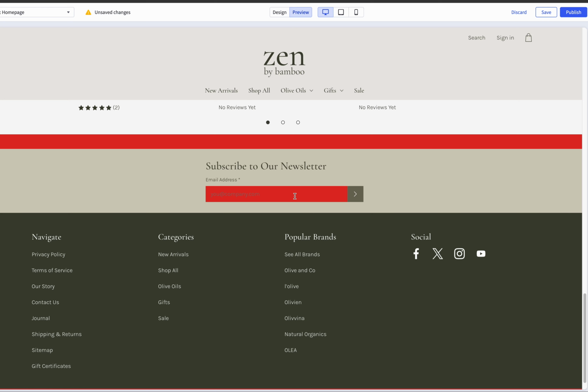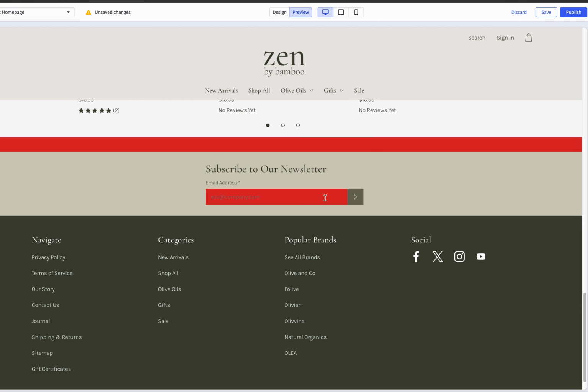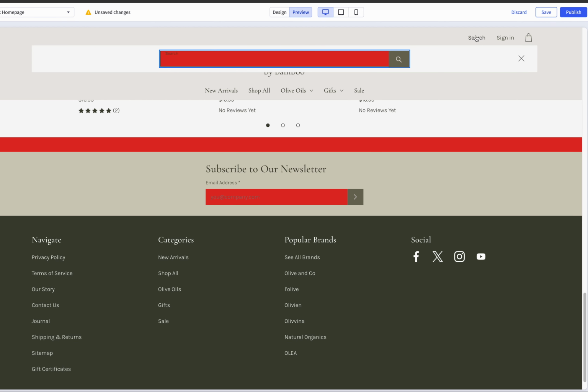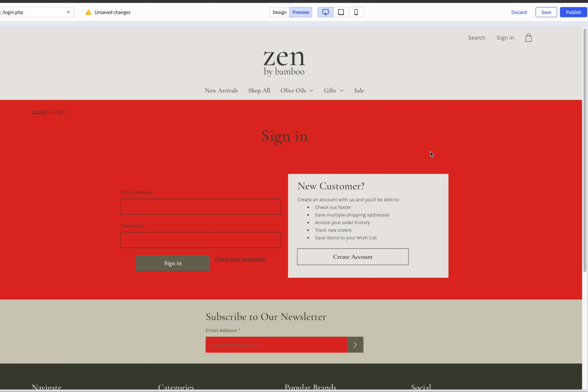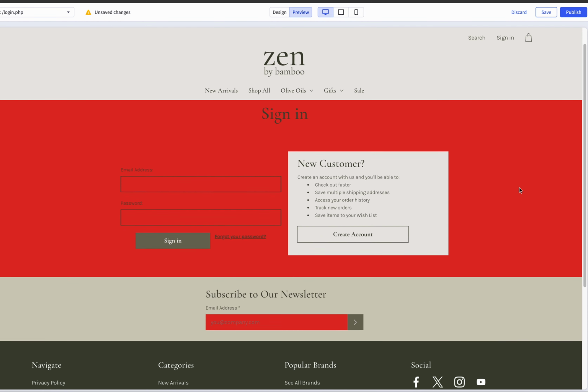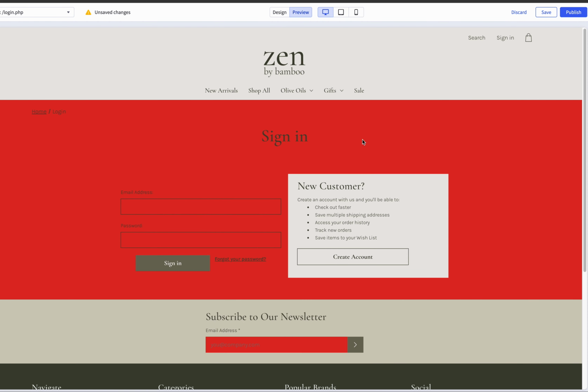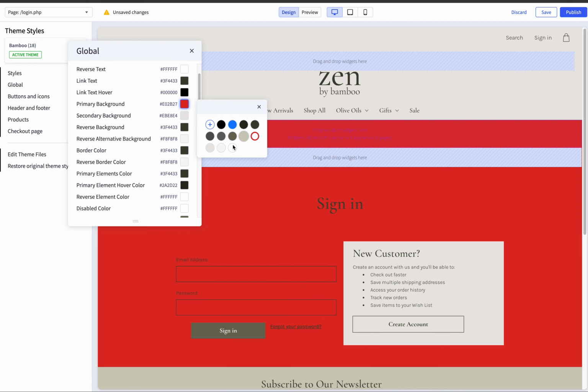You'll also notice that a primary background is also an input field. So in the newsletter sign up input field, you'll see a change in that background. You'll see a change in the search input field as well. And then you'll also see it in the account page here. Since this is not a widget, all of this will change in the background, including the input fields that you see over here. Then, if we go back, change this back,